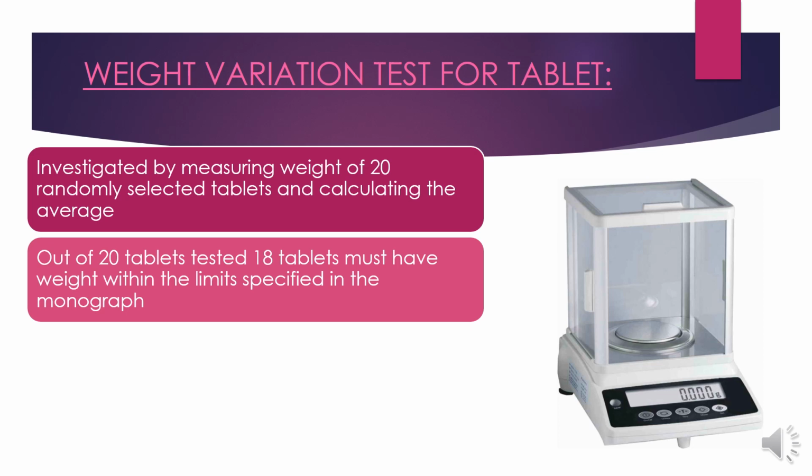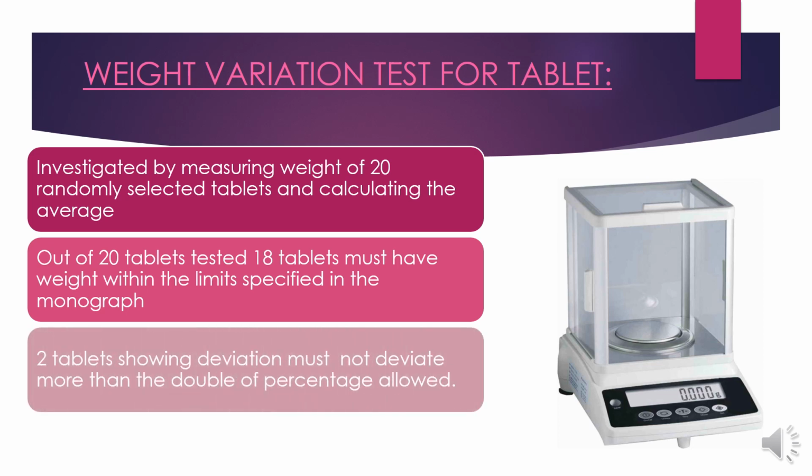We will try for all 20 to be within the specified limit, but still there are chances of variation. So 2 tablets can deviate among the 20 tablets from the criteria provided for the weight variation test in the monograph,